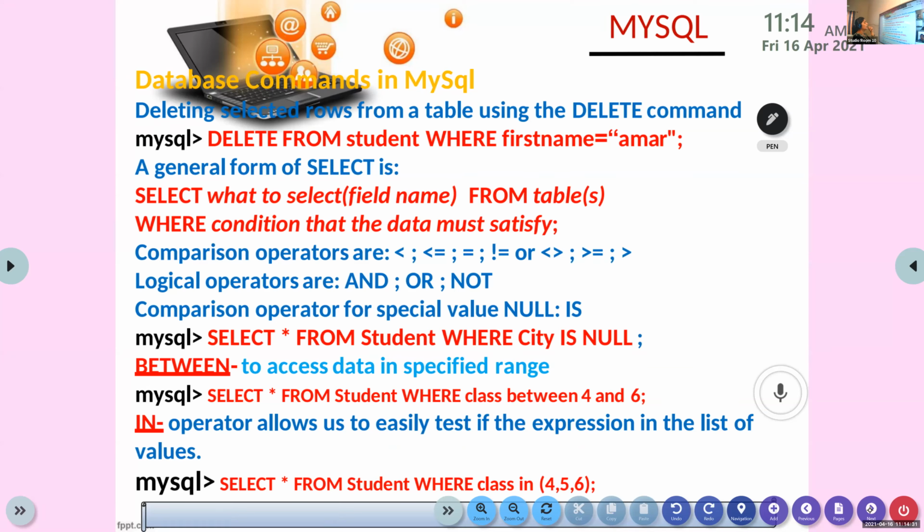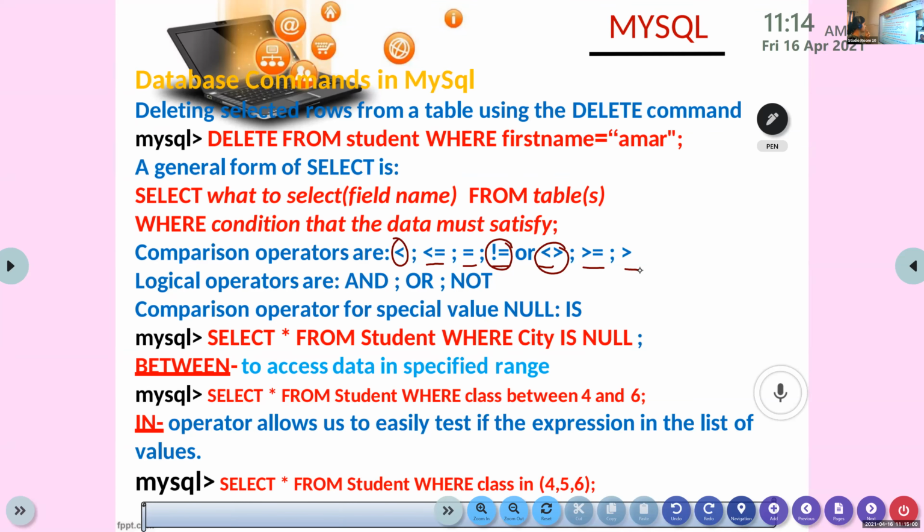When you use a select query, you can use any kind of operators. You can use less than. If the question says display the details of students whose mark is less than 40, then you can use less than. You can use less than or equal to, not equal to, greater than or equal to, greater than.